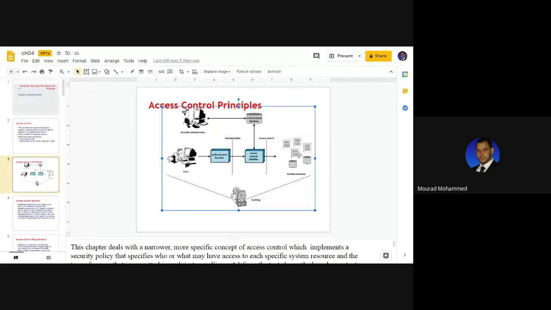We can talk about static values, files, databases, entities, whatever. All of them are to be controlled by an administrator in a central point to give you or not to give you access to them.